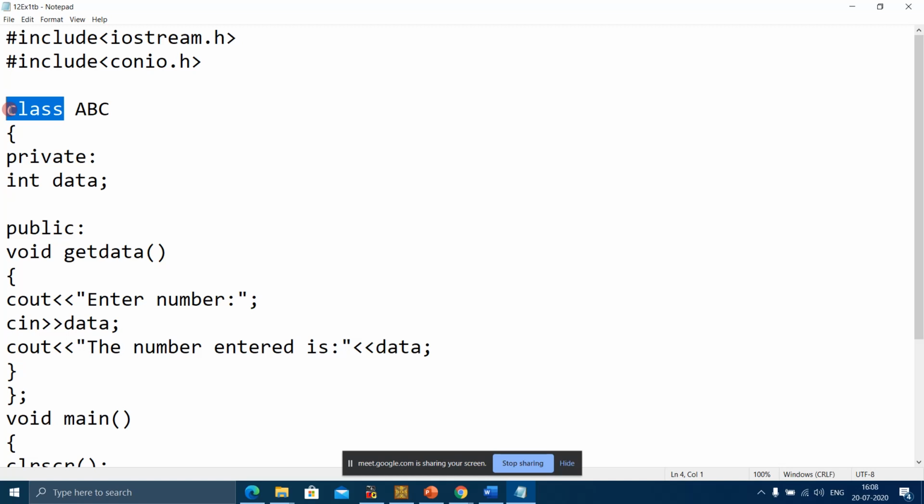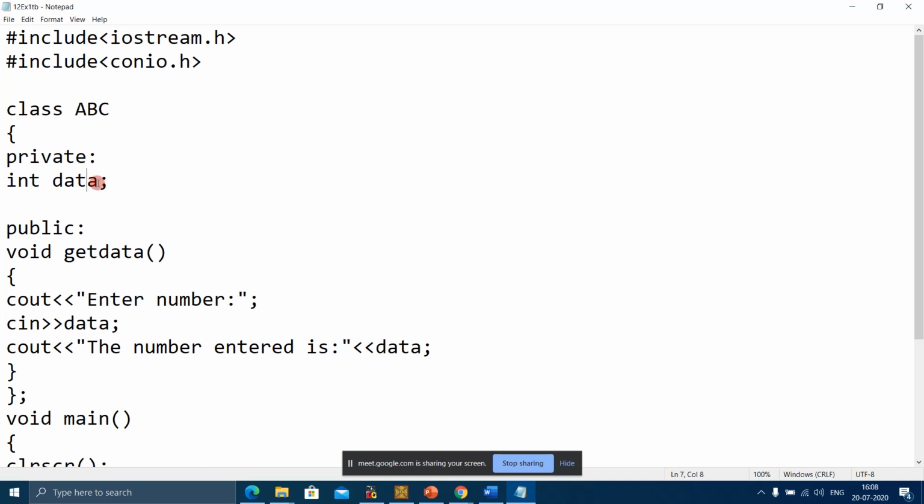And in that we use access specifiers. Public, private, there is protected also. Public and private we have studied in 11th standard. Protected we will study in this 12th standard, but when the time comes, I will explain it. Just keep in mind that there are access specifiers which we can use in a class. Here I have used public and private. I had explained various ways how we can declare a variable or a function as public or private in the previous lecture.